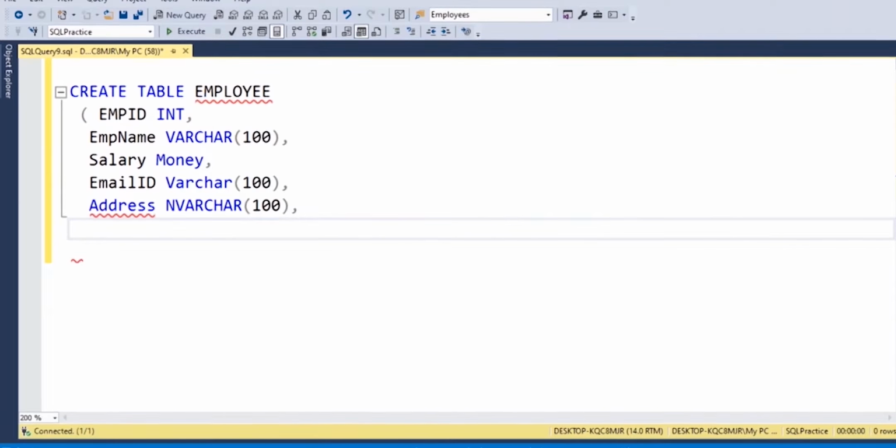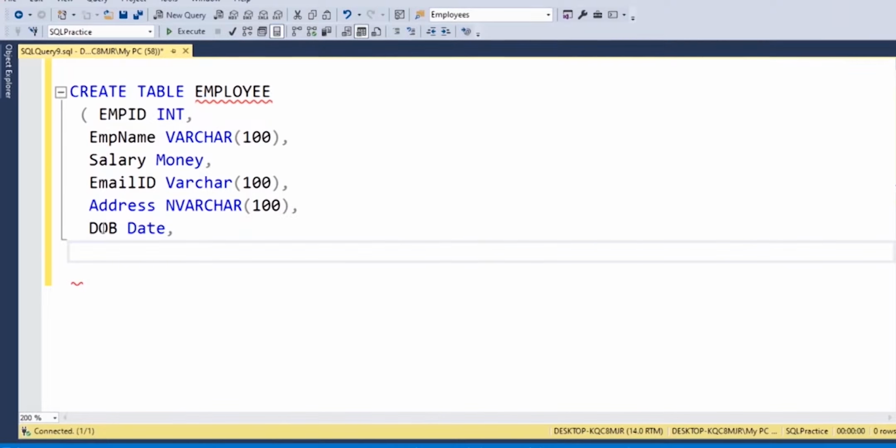That means it supports any language of this data type. And then employee date of birth. What is the data? If you want to store date and time or only date, I want to store only date, I can use date format. Or I can use date time, I can use small date, I can use date time offset. Like that we can define data types.